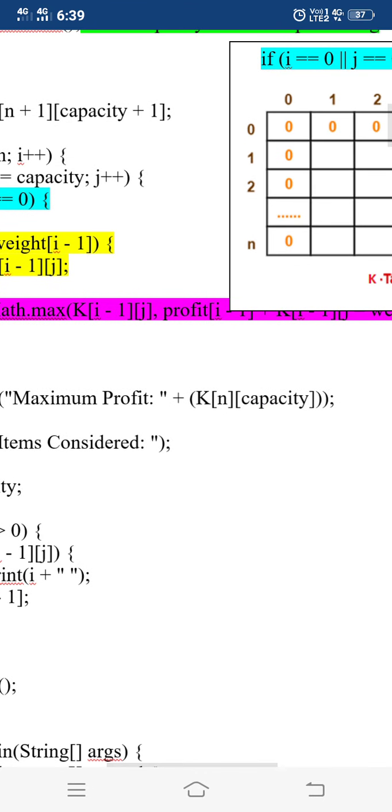The first is K[i-1][j], that is the profit I am getting from the previous object for the capacity j, and I will be comparing that value with the profit I get by taking the current object, the profit of the current object, plus the profit I will be getting by finding the difference between the current j value and the weight associated with the previous object at the index